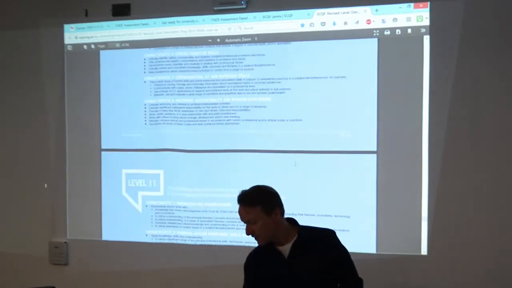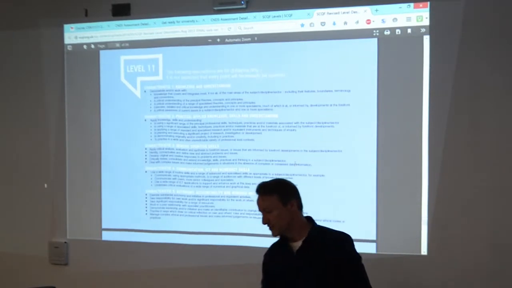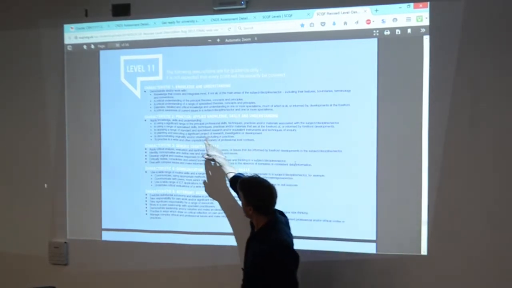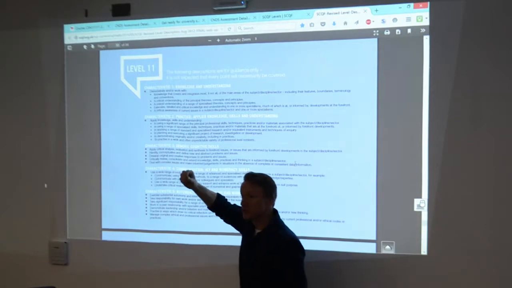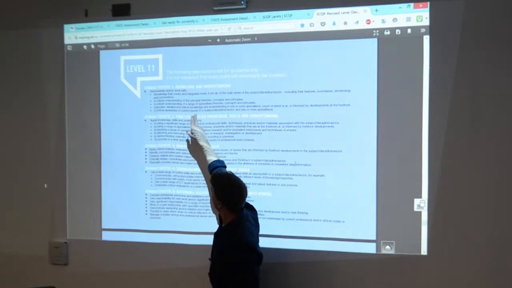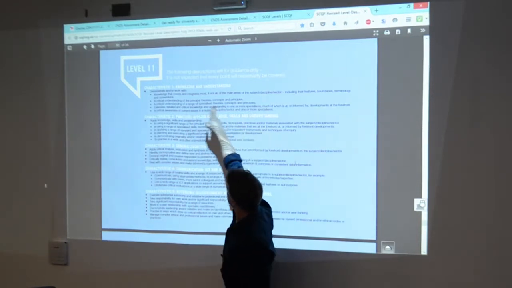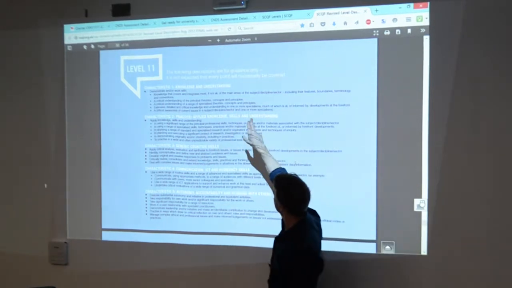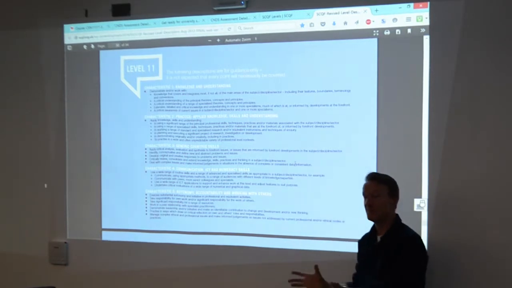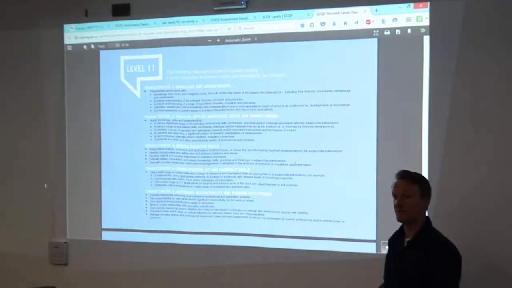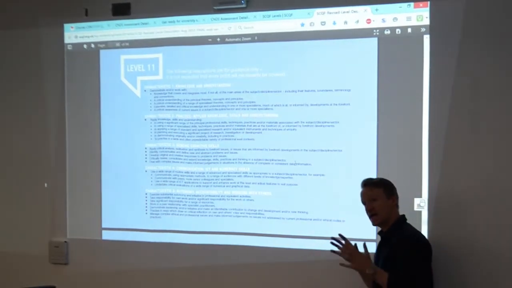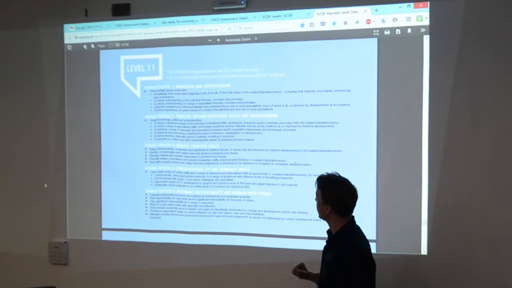Okay, and when you come up to level 11, what you'll find is, if you go into the detailed descriptions, there's just more specialisms, okay? So you've got a line here that's good, a critical awareness, so knowing the good and bad things and being able to analyse them within a subject discipline sector, so in our case network security, and one of the specialisms. So we're looking at perimeter security, for example, okay? So we're hoping you become a master in the area and specialise in particular specialisms of the topics, okay?